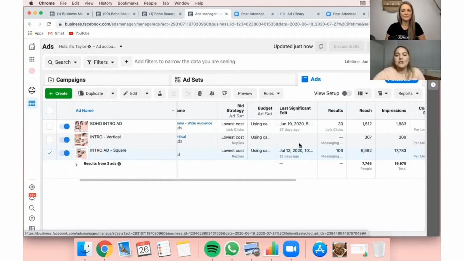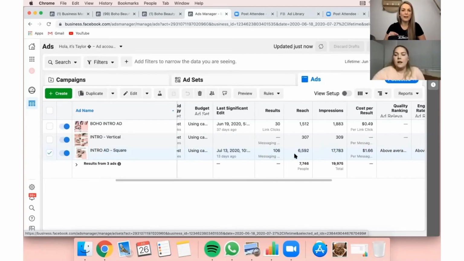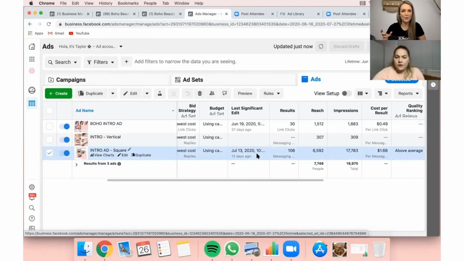Yeah. Now, as you go across, it'll tell you a significant edit. So you can say, I haven't edited it in 13 days. Probably was running it 10 days before that. So it's probably been running for about 23 days. So that's where you pay attention to the 10-day marker. Once you've set it, at least let it run for the 10 days for the Facebook learnings to kick in. And then after the 10 days, you can edit it and make decisions.